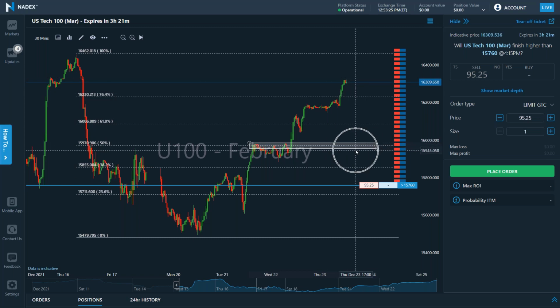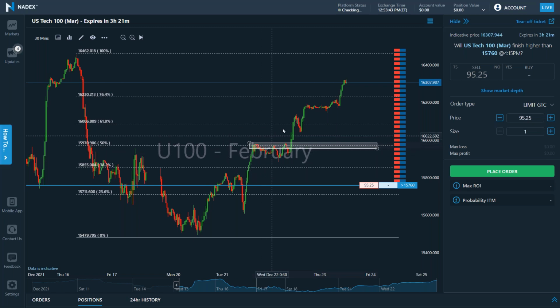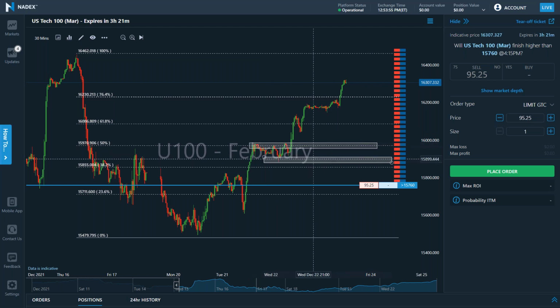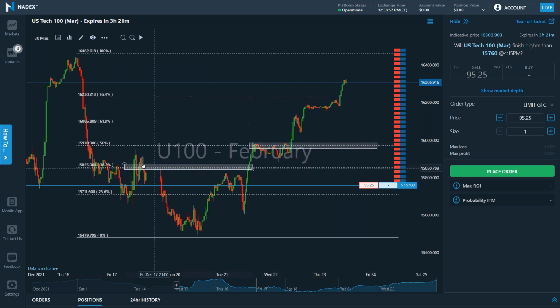That if it came back down here, buyers would tend to step in and be buying here, and you would see this be a support level, potentially a support level, where it might have difficulty getting through to the downside. And that's how support and resistance works. When you break through a resistance level to the upside, it then tends to become support to the downside. And when you break through, let's copy this and duplicate it, when you break through a support level,